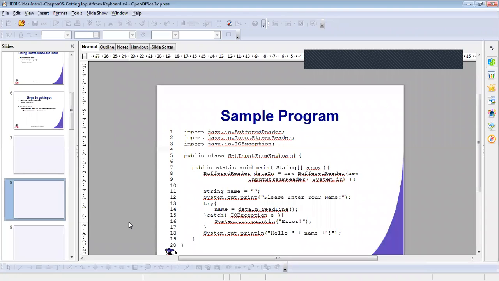Okay, an example or complete source code. We have the Java I/O import: BufferedReader, InputStreamReader, IOException, or you can use java.io.*.